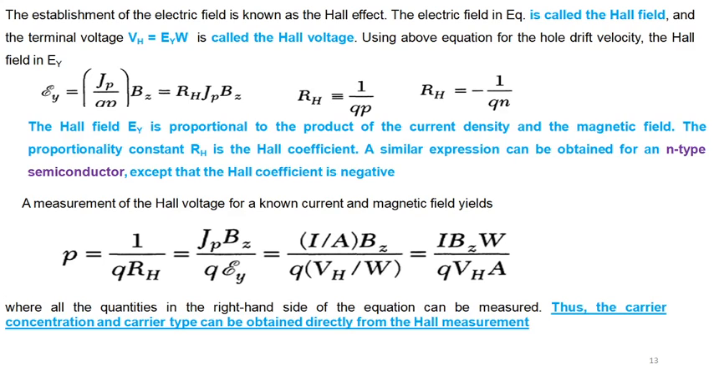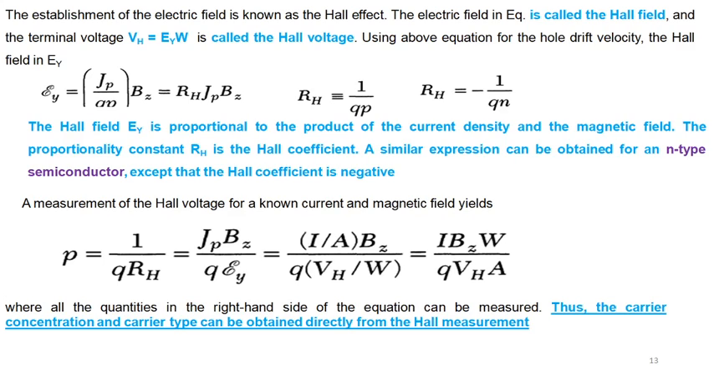Similarly to the expression we wrote for holes, R_H equal to 1 upon q p, we can write for the n-type, R_H is equal to minus 1 upon q n. And then we can write in terms of Hall voltage for known current and magnetic field, where p is the hole concentration and the charge carriers are holes. Then we can write 1 upon q R_H. With the R_H value, we put it into the equation,